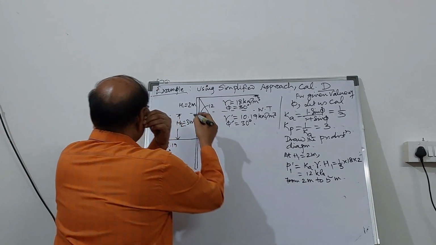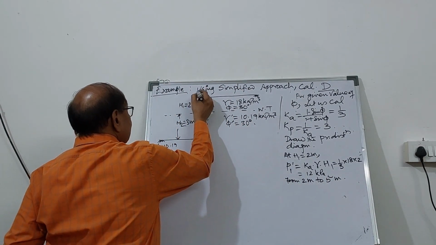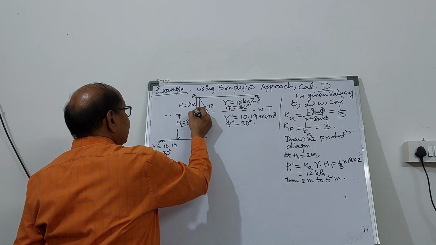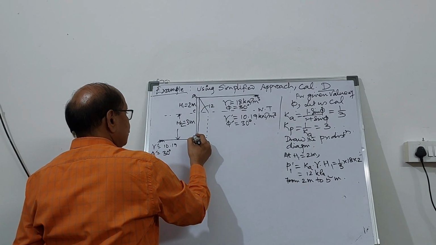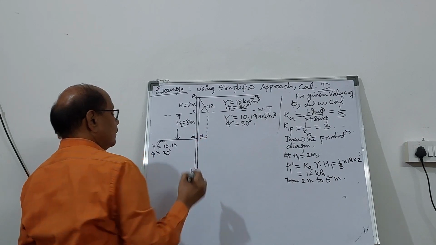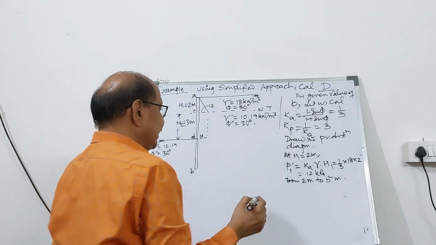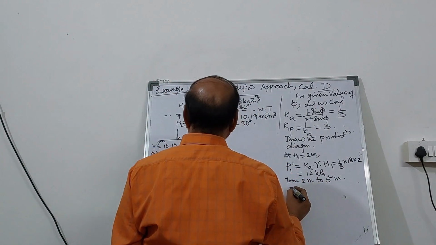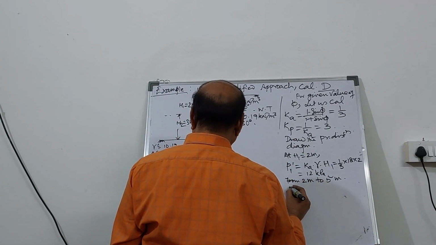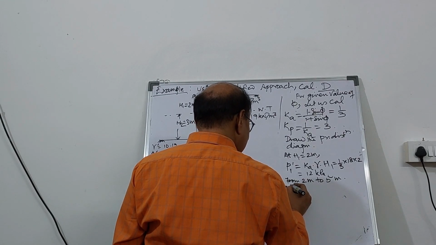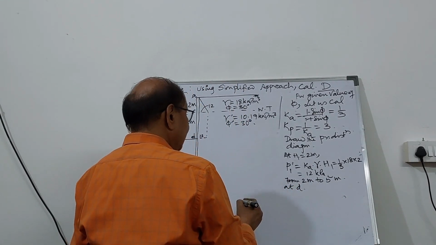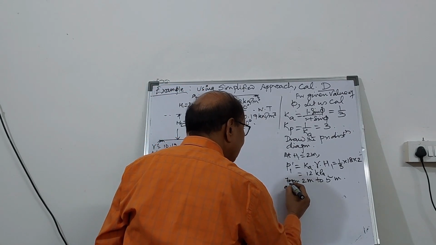At this point, let's say this is A, this is B, this point is C, this point is small d. So at D, from 2 to 5 meter, the pressure distribution can be calculated, and at D, the pressure will be